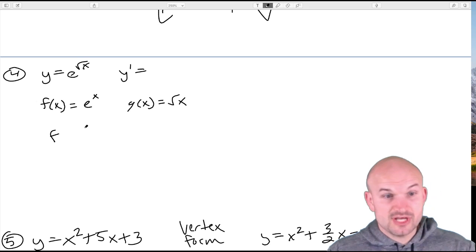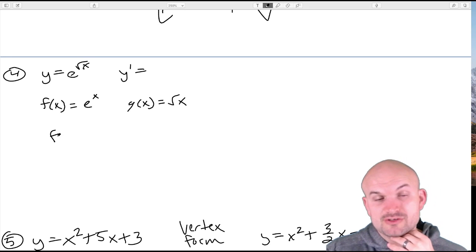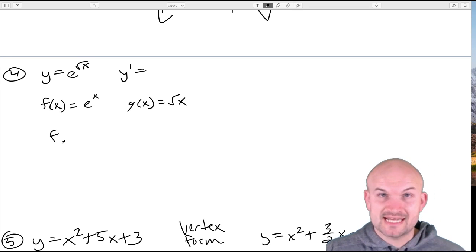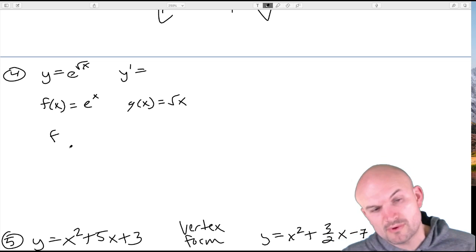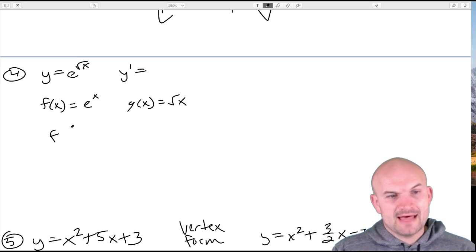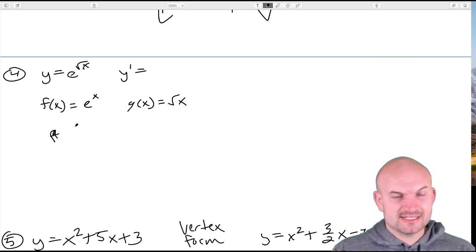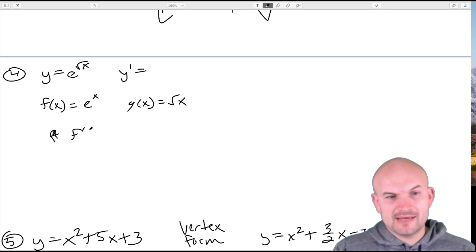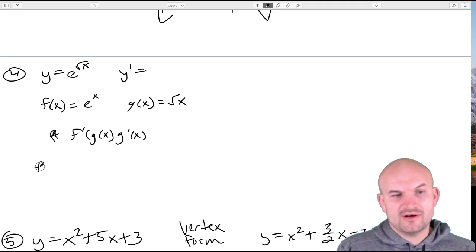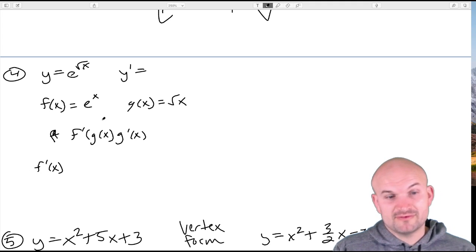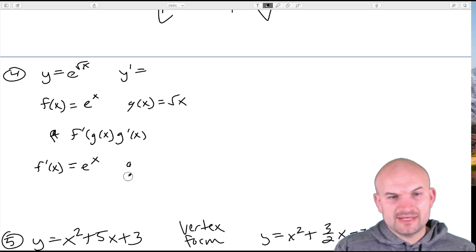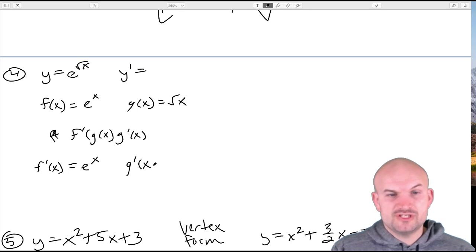All right, so when we are doing the derivative for a composition of functions, we're going to use what we call the chain rule. The derivative then is just going to be f prime of g of x times g prime of x. So the first thing we need to do is figure out f prime of x, which is the derivative of e to the x, which is just going to be e to the x. And then we need to figure out the derivative of g of x,